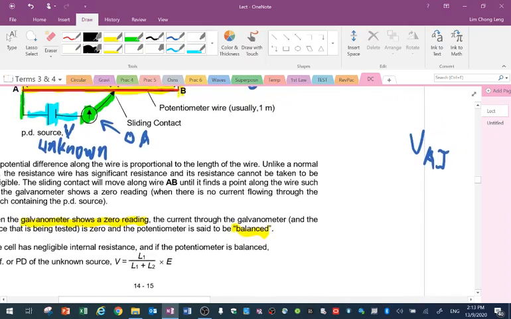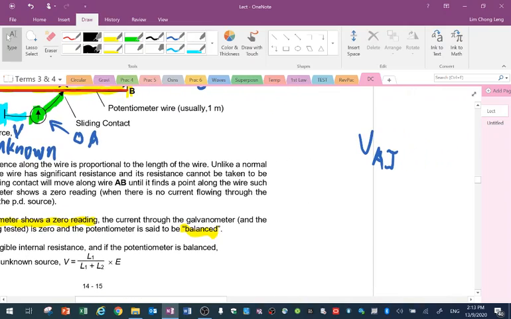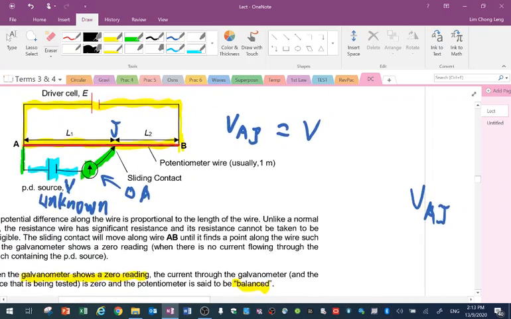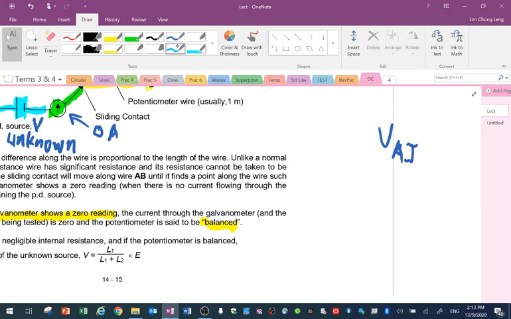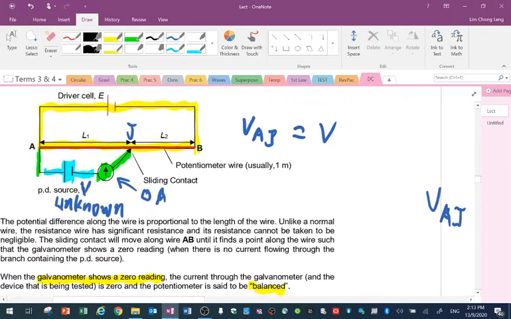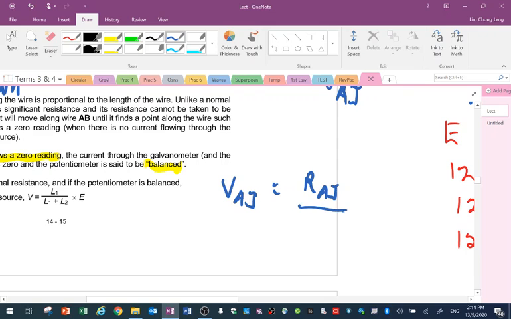All right, how do we get the value of VAJ? Well, VAJ is actually calculated based on the potential divider concept. And I will write this way. VAJ is actually the first part, resistance of RAJ divided by the resistance of AB, times the EMF